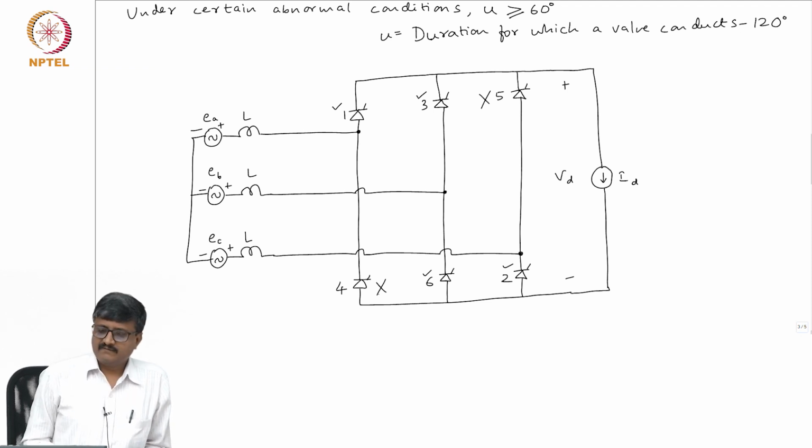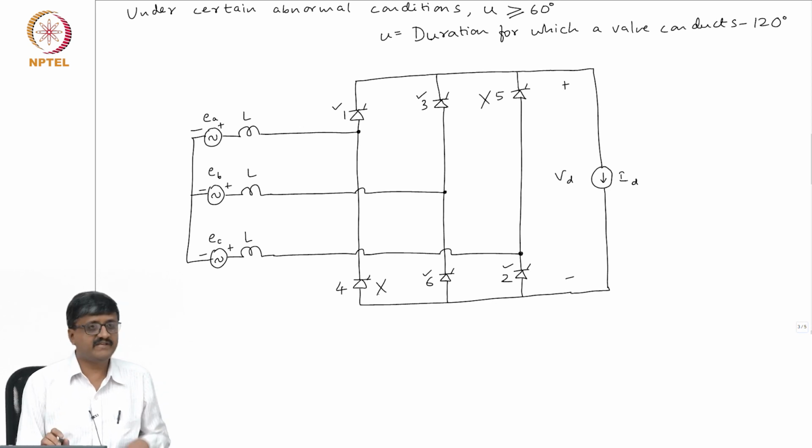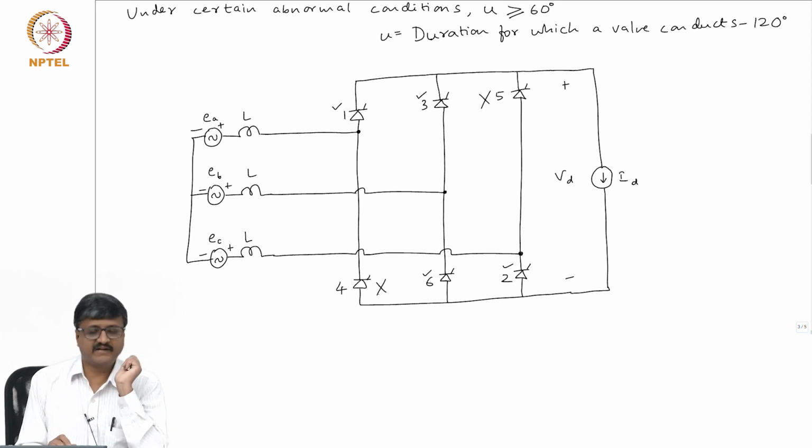What about the 3 voltage sources EA, EB, EC? When either 1 or 4 is conducting, there will be a current through EA, and 1 is conducting, so there will be a current through EA. If there is a current through 3 or 6, EB will have some current. Both 3 and 6 are conducting, so EB is conducting. And since 2 is conducting, there will be a current through EC.